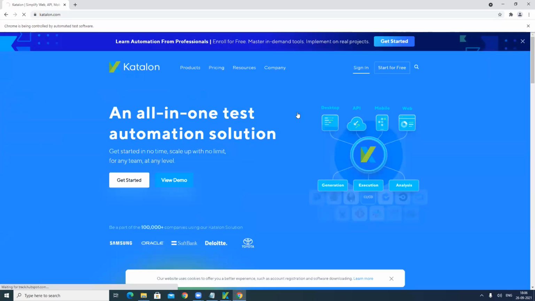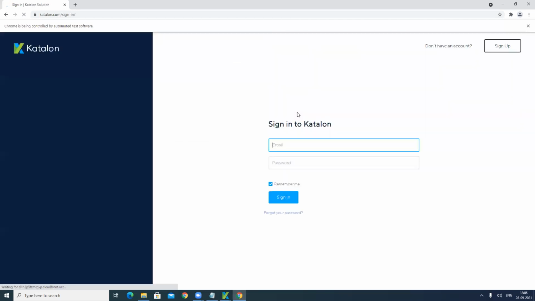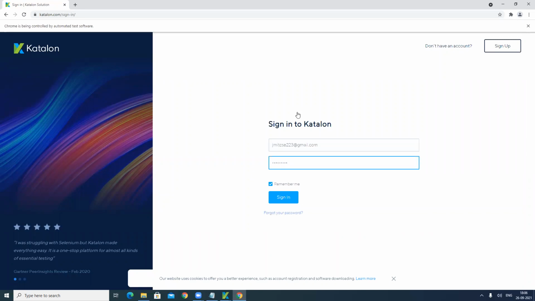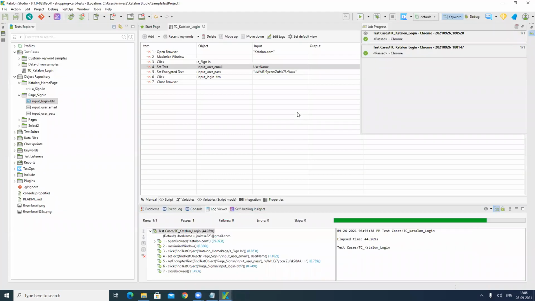You will see the variable value being added. Yes, it's working fine. You can see all our steps are passed and the test case is passing for you.